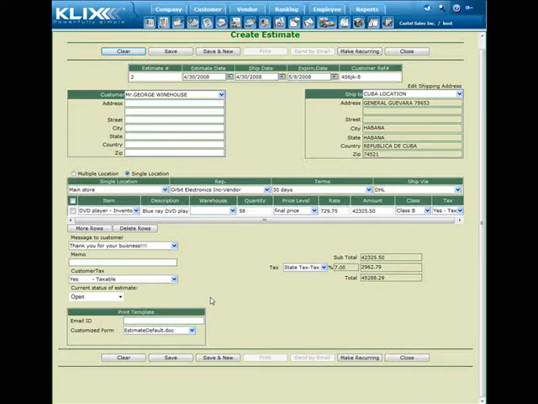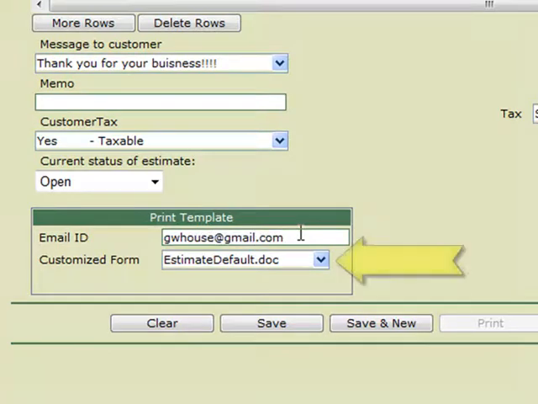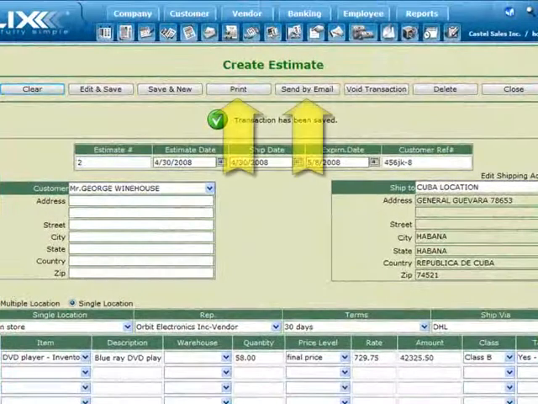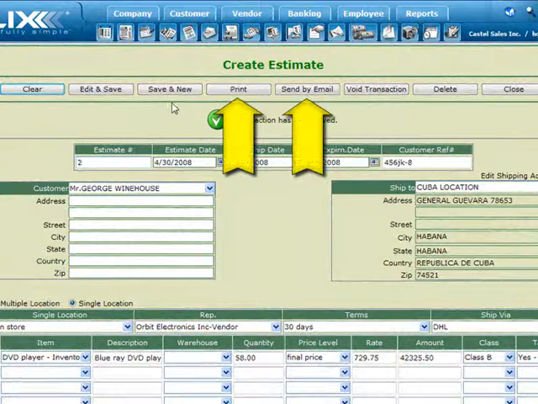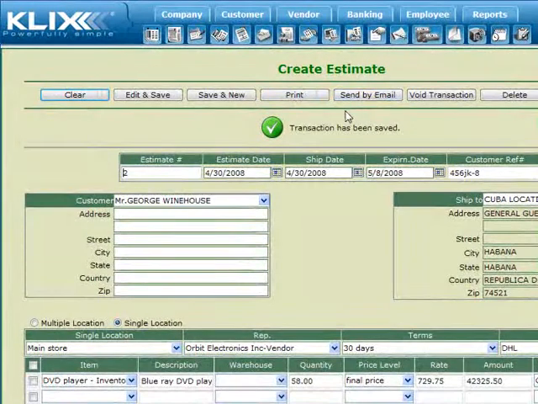Click the To Be Printed checkbox to print the estimate at a later time, or if you like, you can email the estimate to your customer. You can also use a predetermined form of estimate or select and use any form of estimate from within the Reports module. When you're ready, save the estimate, which will then allow you to either print it or, even easier, you can send it to your customer via email. It's important for you to note that an estimate cannot be printed or sent by email until you have saved it in your system.